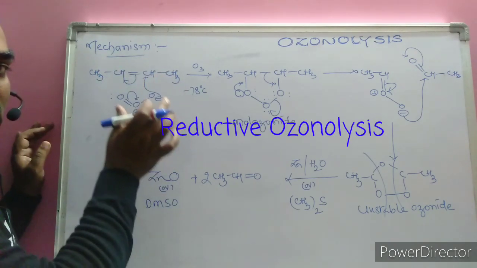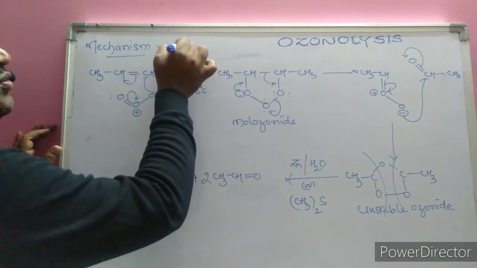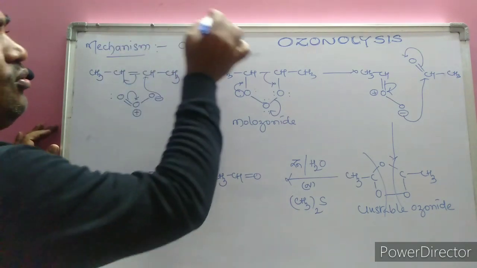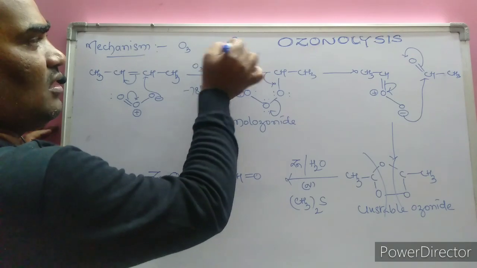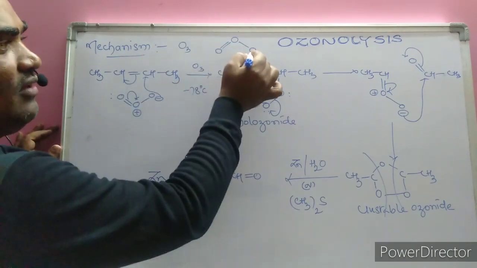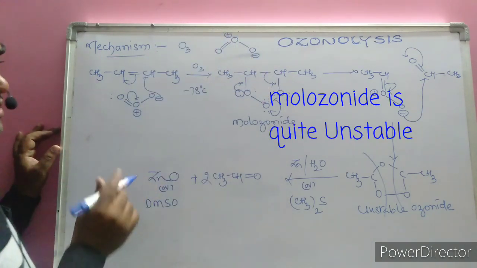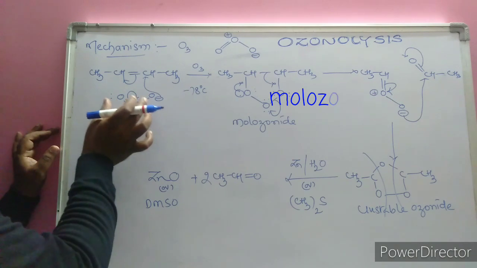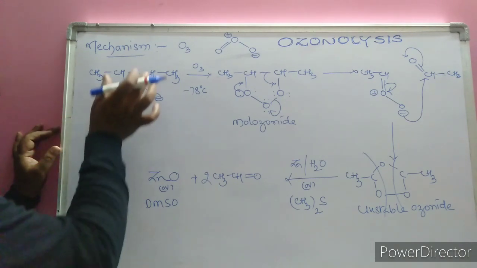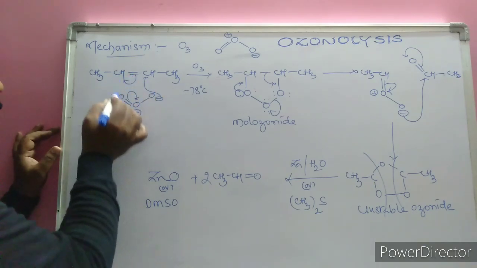What are the elementary steps in the ozonolysis reaction? We know well that ozone is O3. Its molecular structure is angular, a resonance hybrid. Here there is a deficiency of bonds, the minus, and an excess of bonds, the plus. Hence it undergoes 1,3-cycloaddition at the nucleophilic center. Here the negative charge is there; it is a dipole.